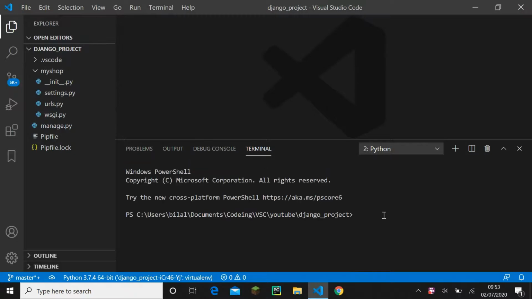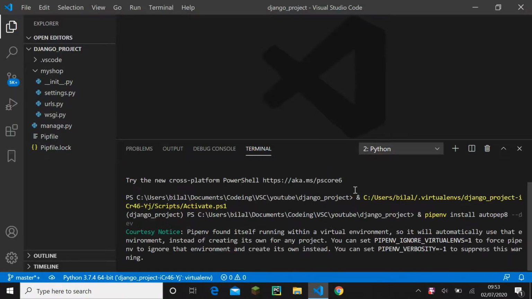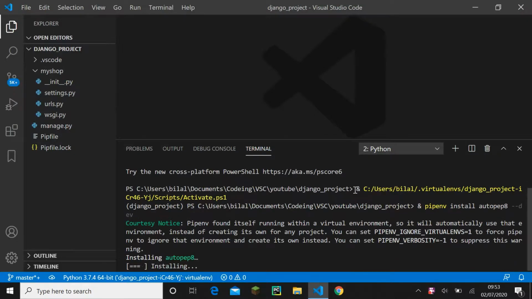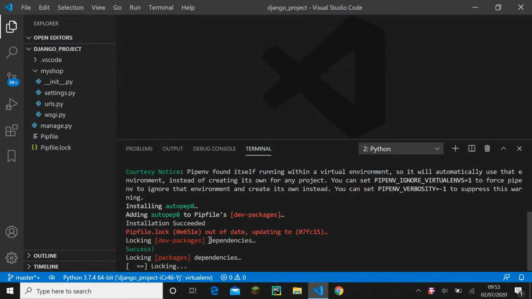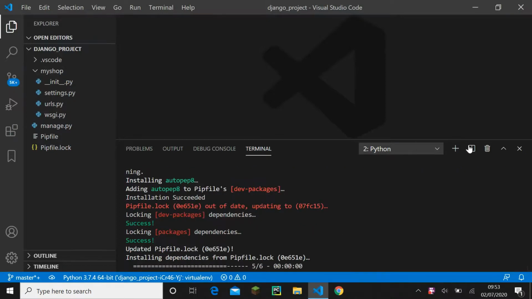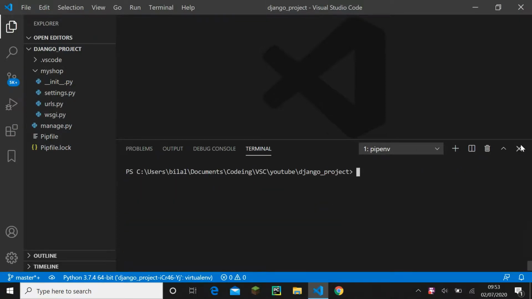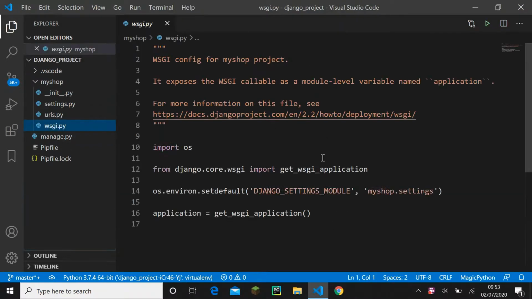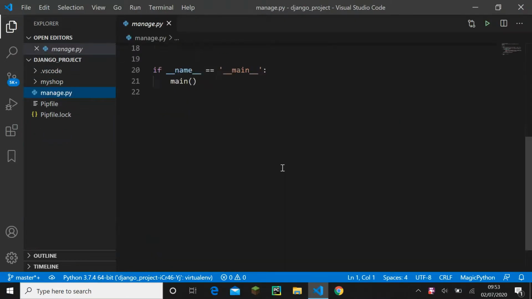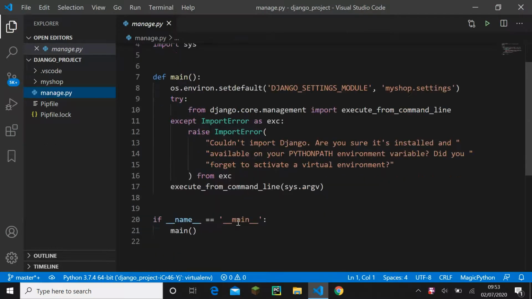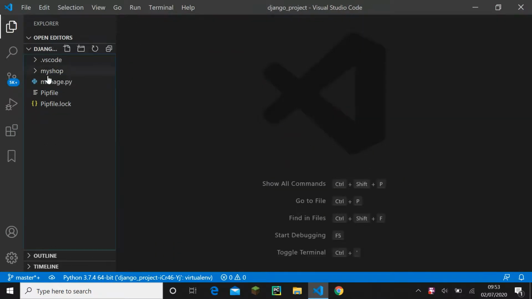And then we've got the last file. I'll install this because it's going to come back with that message every couple of minutes. This is installing the virtual environment for me automatically. So wsgi.py, we don't touch this unless we deploy the project, so this file you don't need to worry about. And manage.py is a really important file. We don't edit this file at all. This file helps us